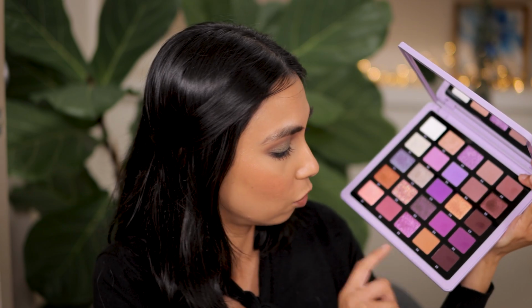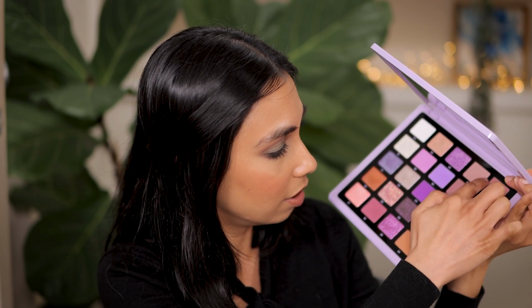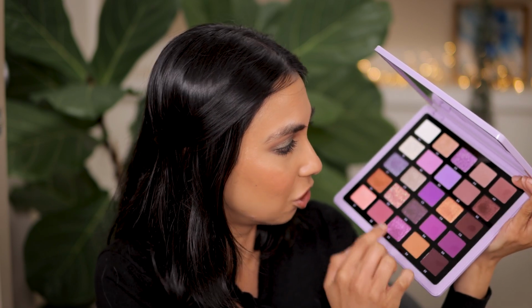So I'm so far very, very impressed with this palette. I don't generally like buying massive palettes because I find them quite difficult to navigate and use. I very easily get overwhelmed when it comes to huge palettes like these because I don't know what shade to use. However, this one I could not pass up. Now, I have played around with quite a few of these matte shades. So I've used this whole block here, this shade, this shade, and so far,